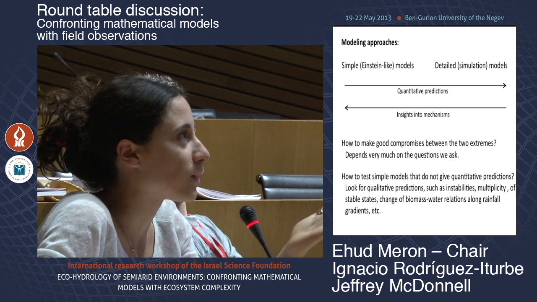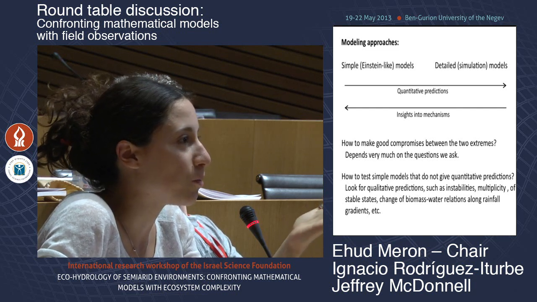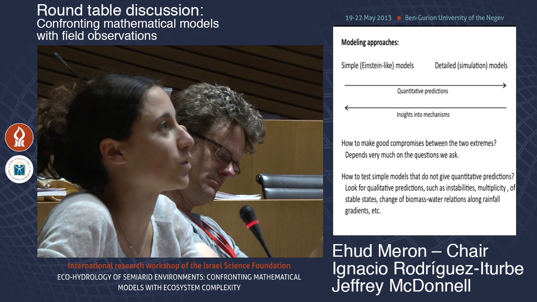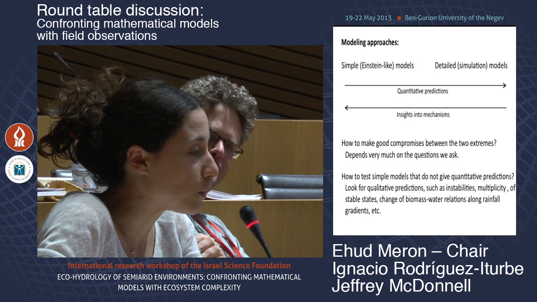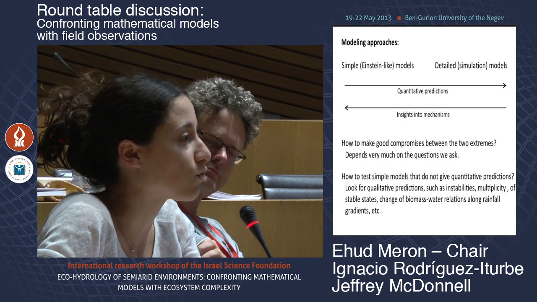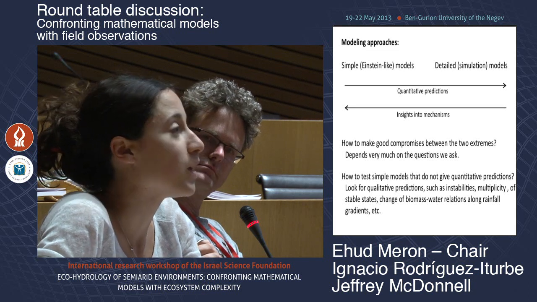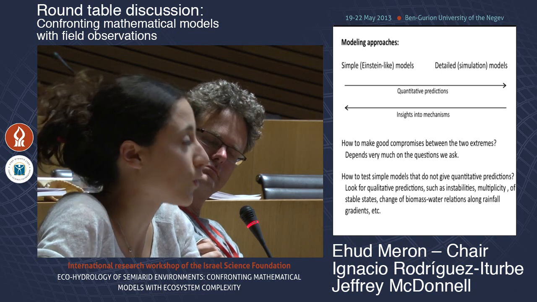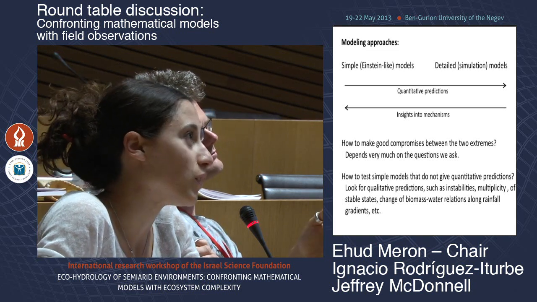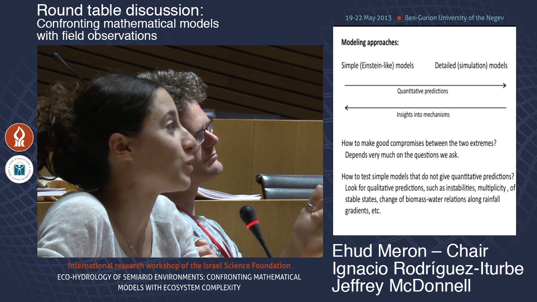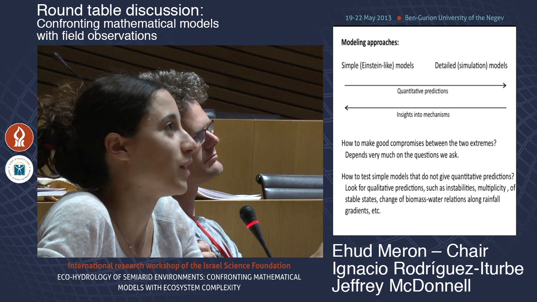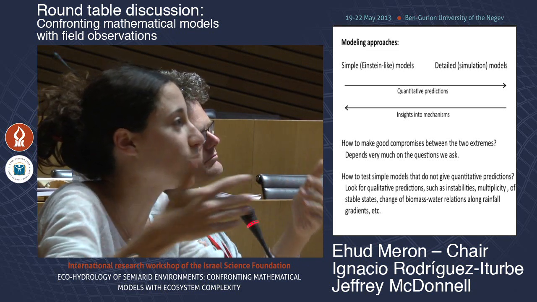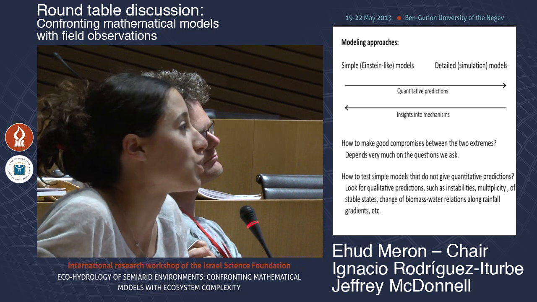And I have the impression that we need simple models that allow us to understand underlying ecological mechanisms and general properties and so on. But if we want to be able to anticipate how climate change is going to affect that region in the southeast of Spain, for example, then I need a model that is specific to that ecosystem, and I need to calibrate it for that region. And so I don't know if there is a good compromise between both approaches, but I have the impression that we need both approaches occurring simultaneously because they cross-feed each other, of course, so that we can achieve both